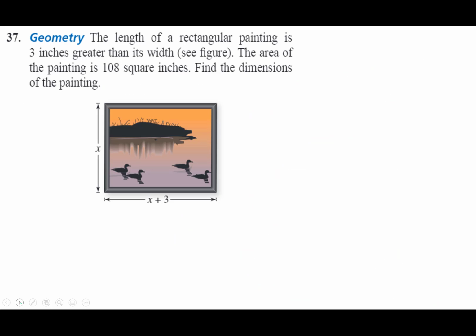The length of a rectangular painting is 3 inches greater than its width. The area of the painting is 108 square inches. Find the dimensions of the painting. So first of all, as a quick review, the area of a rectangle is length times width, and the picture